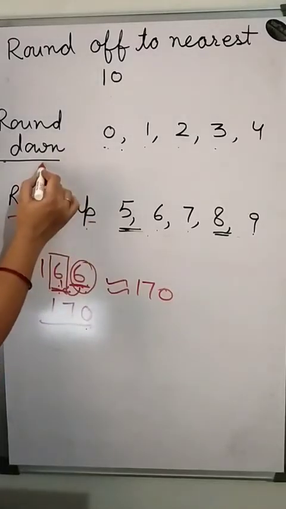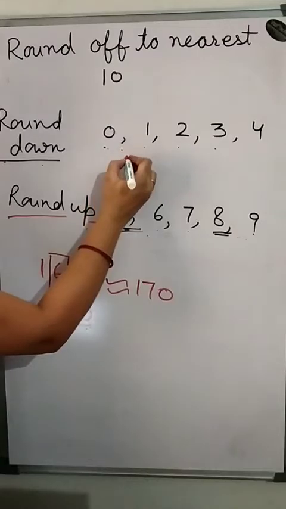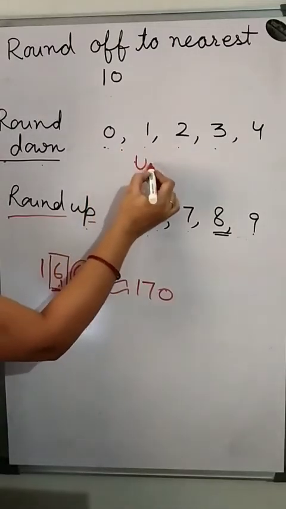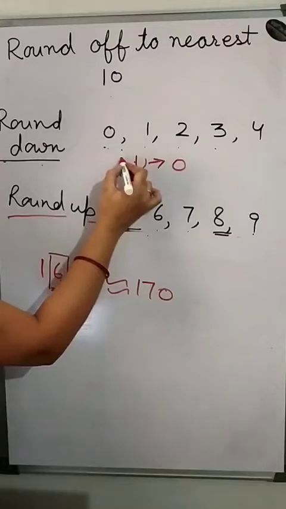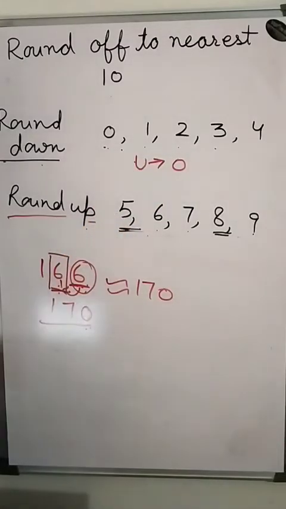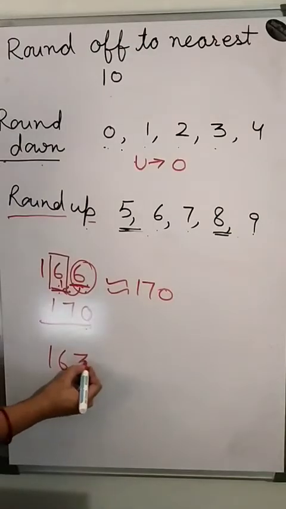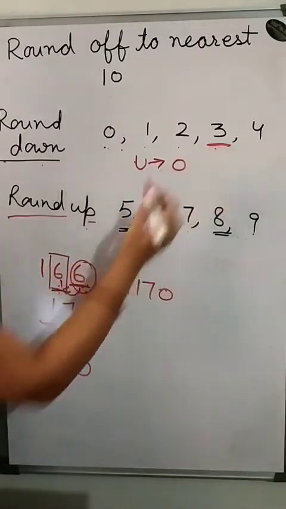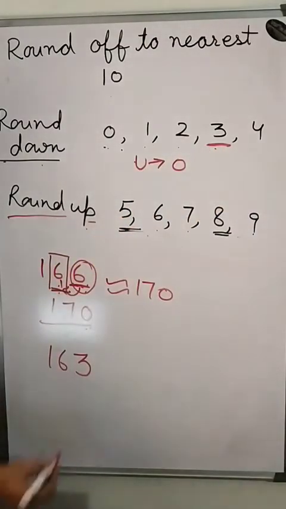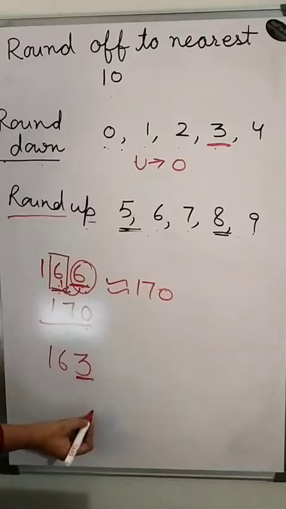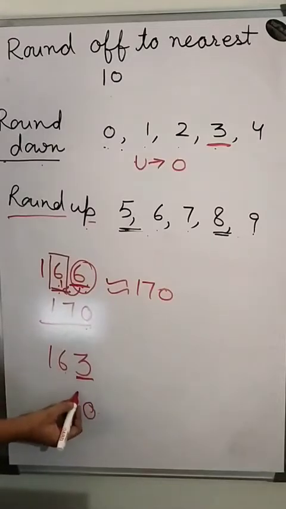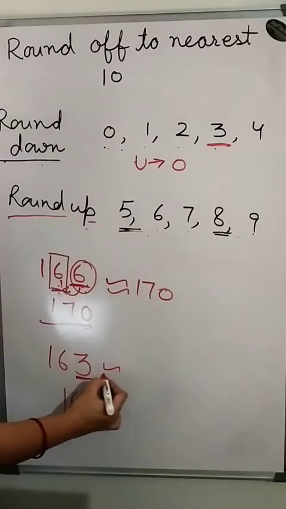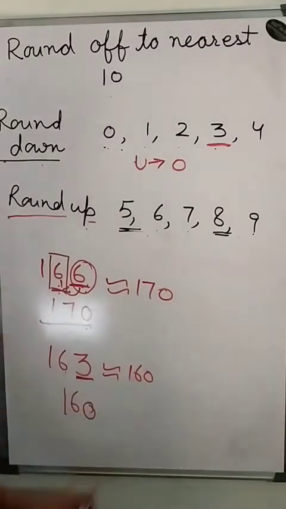And for the round down number, you place 0 in its unit place. Unit place becomes 0 and you write down the tens place as it is. There is no need to change. Similarly, suppose you have a number 163. Here it is from the first group, that is, round down. It means in place of the unit digit we place 0 and the rest stays the same, and here you write down 160. So this is equivalent to 160.